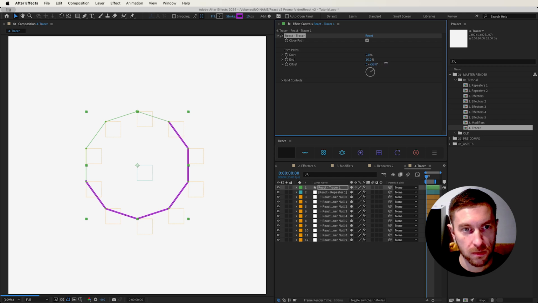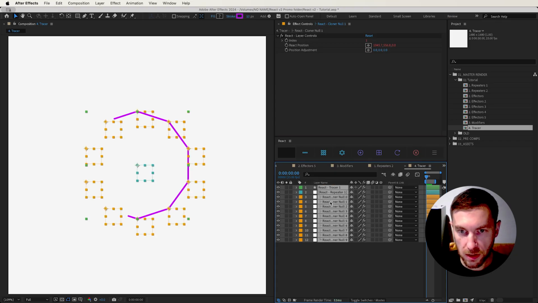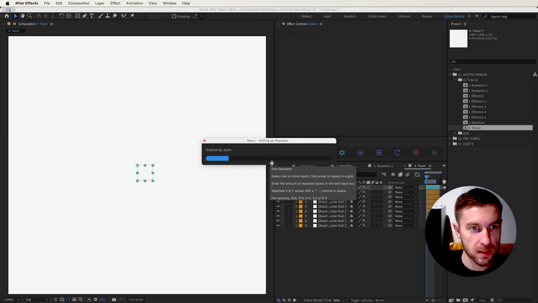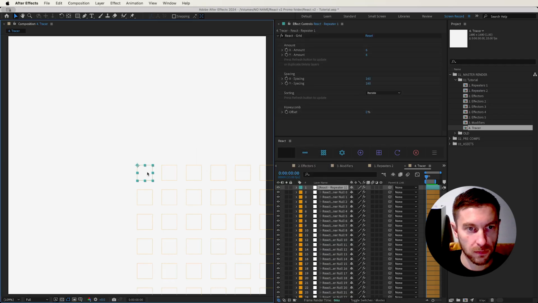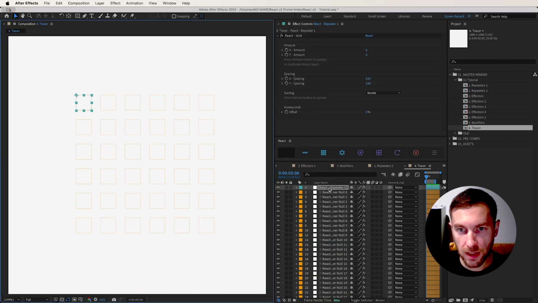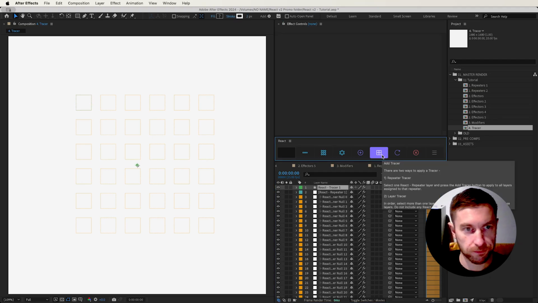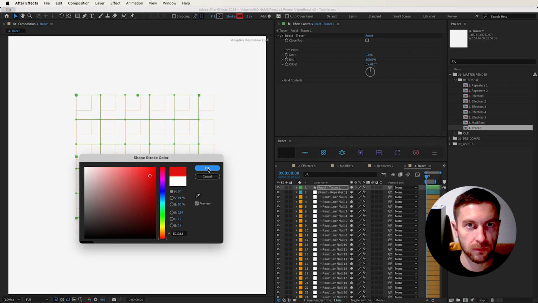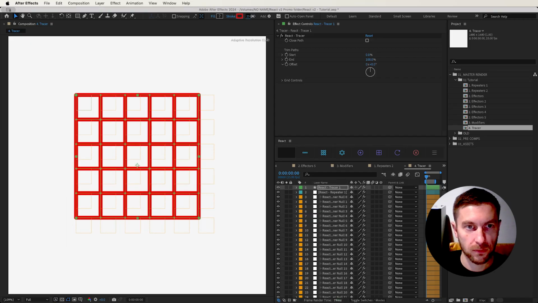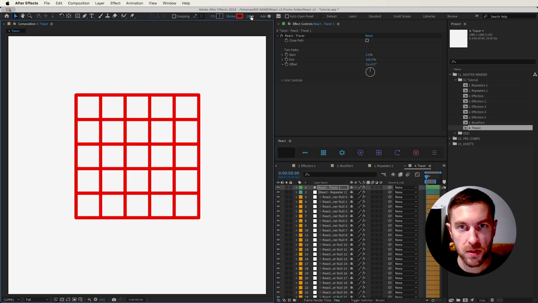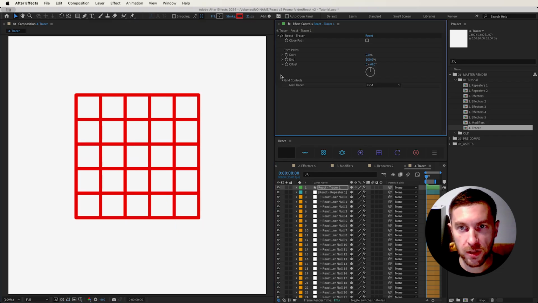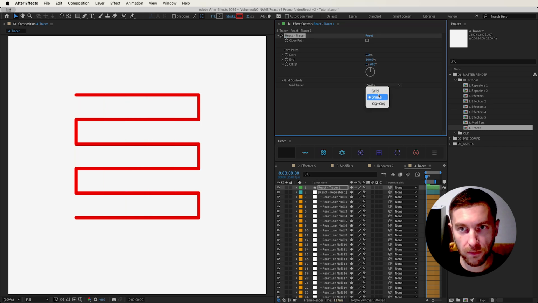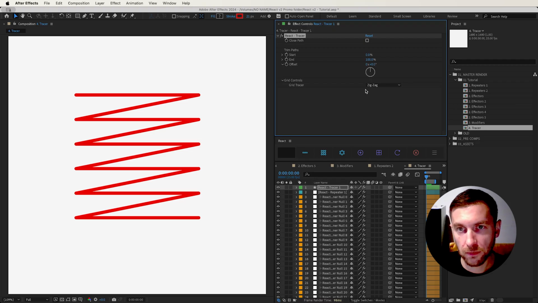And offset. We also have grid controls, and I'll show you how they work. So again, I'm just going to create a grid without anything selected. And with the repeat null selected, I'm going to add a tracer. I'm going to turn the layer controls off just for a sec. And then twirl down grid controls. Default is grid. We also have snake and zigzag. Let's go back to grid